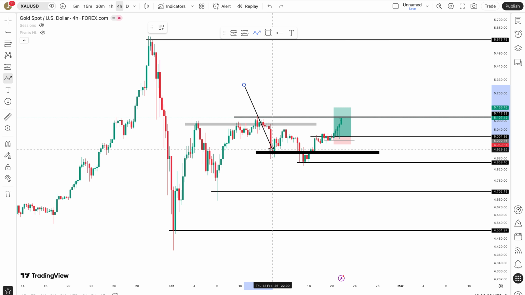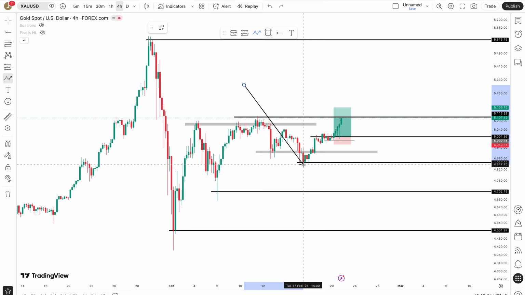So I marked this level out. This was my recent higher low. But when price made a lower high and then ended up breaking this level and made a lower low, my bias had changed from buys to sells because I was like, okay, right now the market is breaking structure and it seems like it's building to the downside.